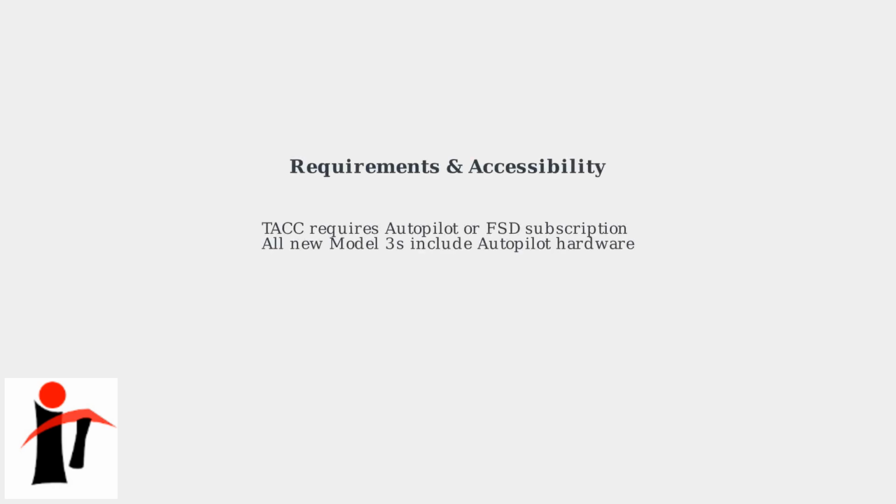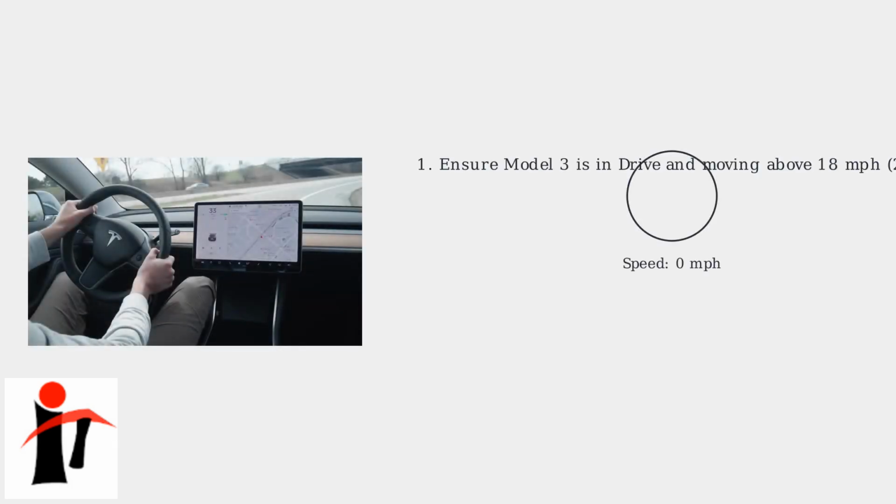TAC requires a subscription or purchase of autopilot or full self-driving packages. As of 2025, all new Model 3 vehicles come with autopilot hardware standard, making TAC widely accessible to new Tesla owners. First, ensure your Model 3 is in drive and moving above 18 miles per hour, which is 29 kilometers